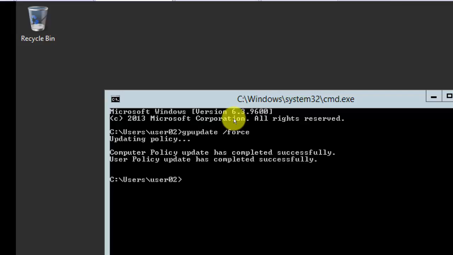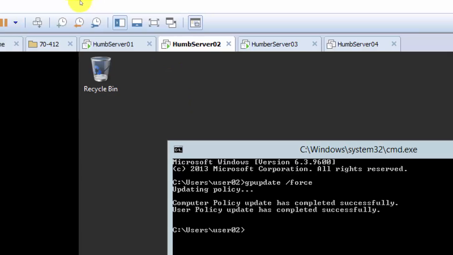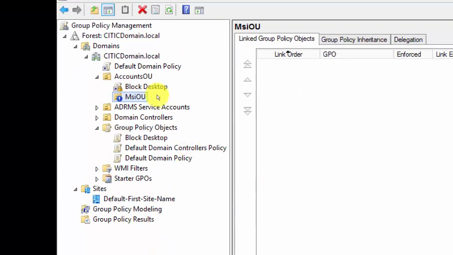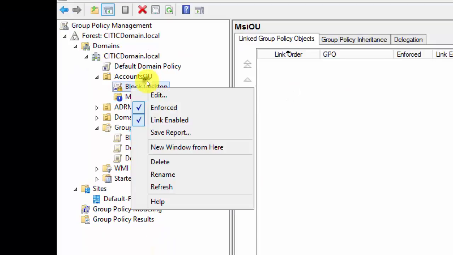It is already checked, so we need to uncheck. Just right click and uncheck that, right? So if you want to clear enforce and check if the block inheritance is again enabled, that's what you want to check. So if we go back here and check back and forth,